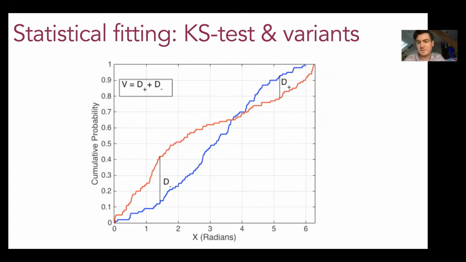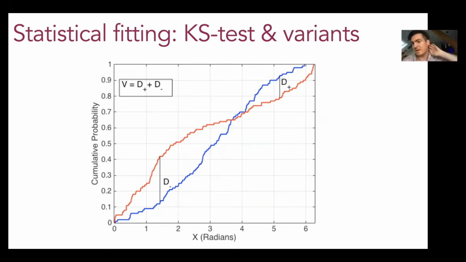There are a number of ways of doing it, but typically we use not the probability distribution function, but the cumulative distribution function. So if X is my variable on the X-axis, then Y here is the percentage of my values that are smaller than a certain value. Here this is an example with stuff on a circle, but basically if this blue value is at 0.2 when X is 2, that means 20% of my data is less than 2.